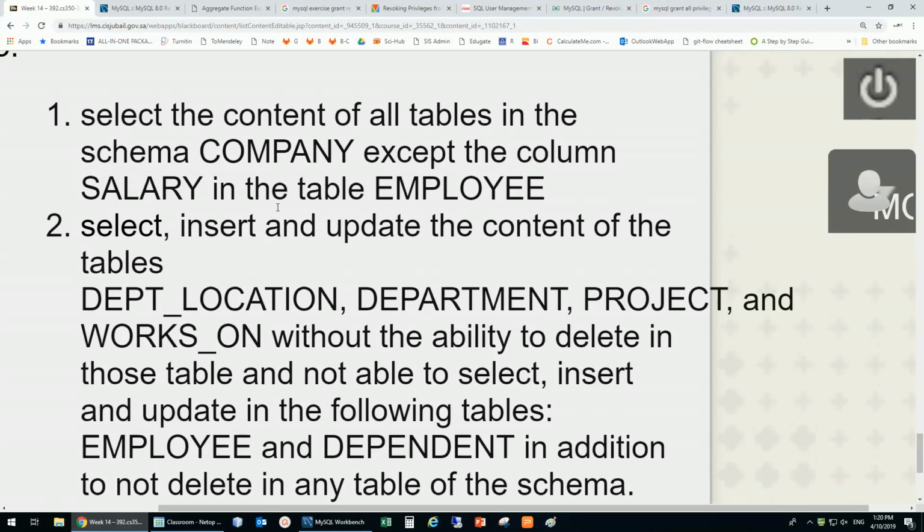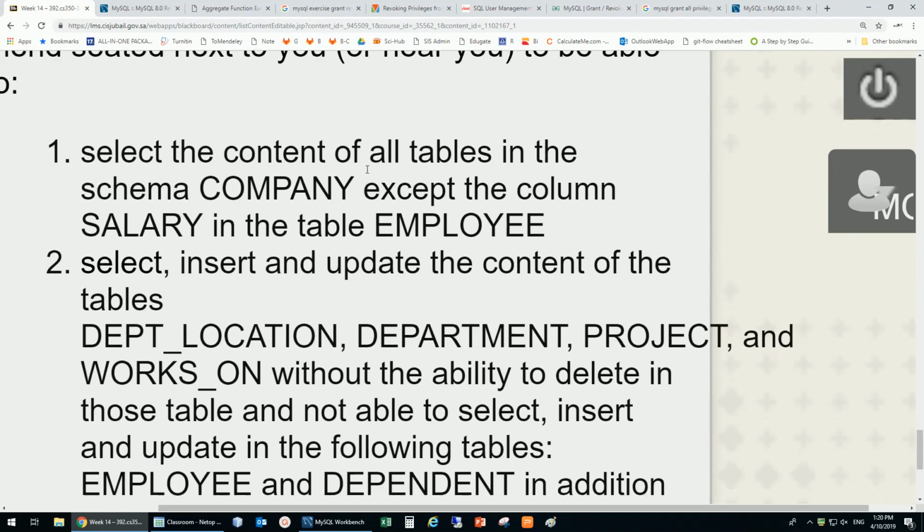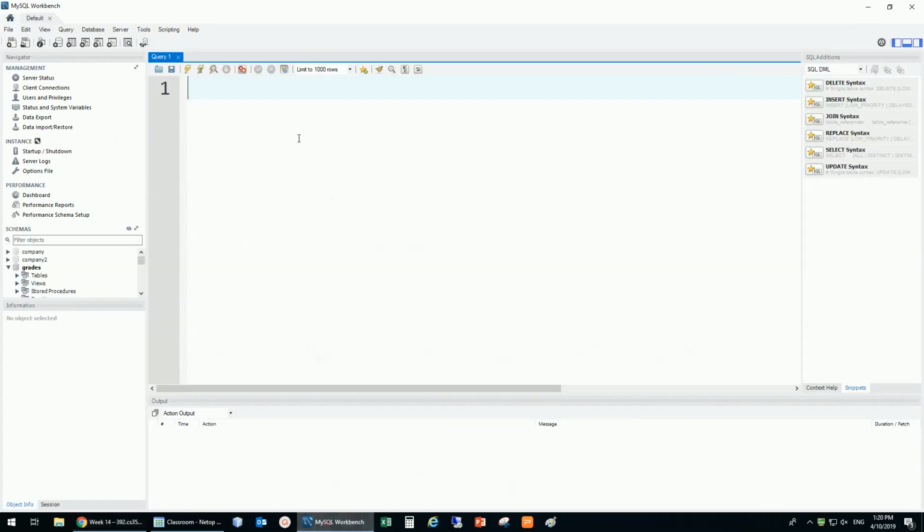Okay, so we would like to write the statements so we can allow this thing. Select the content of all tables in the schema company except the column salary in the table employee. Now the thing is, if we would like to do that, we need to grant, what? I'd like to be able to select. So grant select